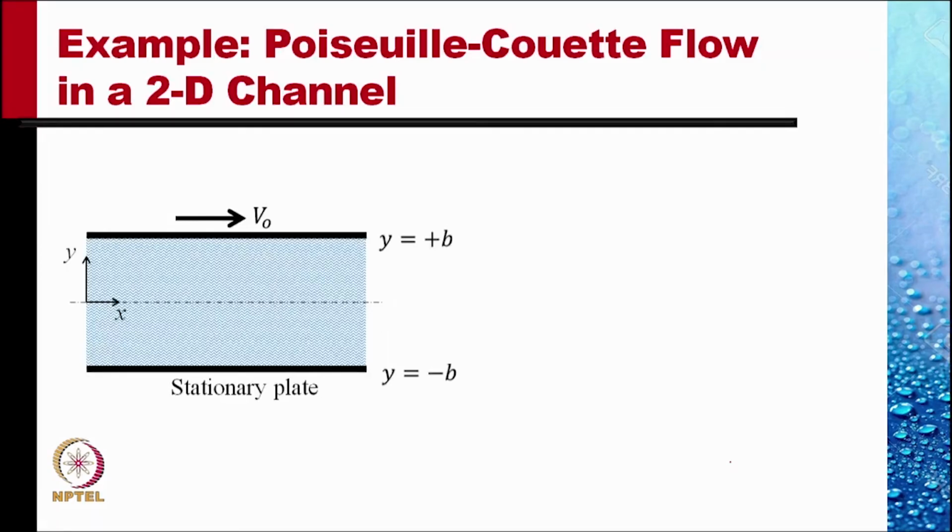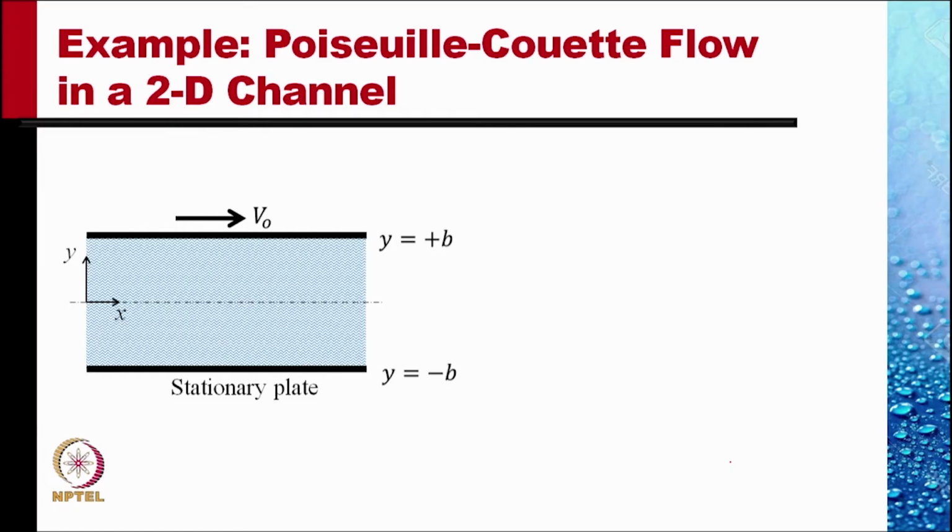Let us now apply these equations to solve an example. We consider a channel made of two parallel plates with a pressure gradient applied along the axis. This flow is known as the Poiseuille-Couette flow. The plates are infinite in length,